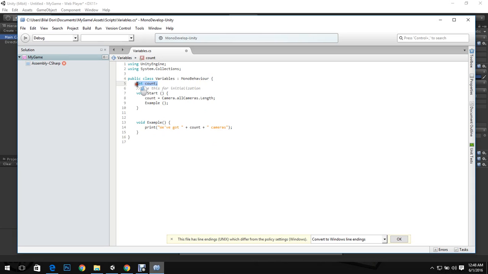And if you declare a variable inside a function, it will be used only within its brackets. Okay, so that's how scope works. So anyways, we have created a variable here, and in our start function